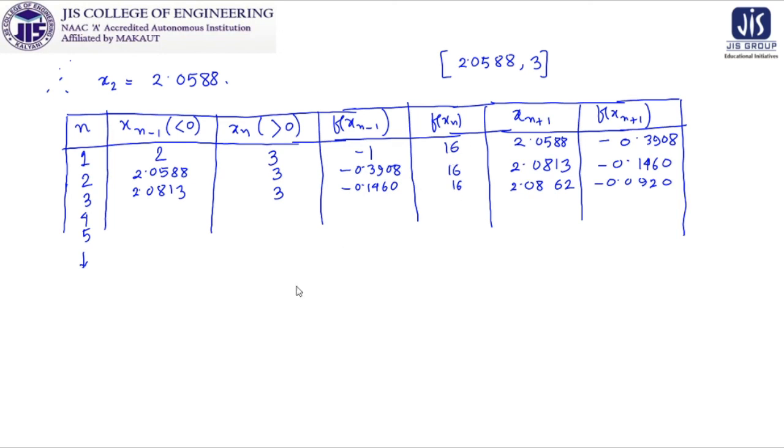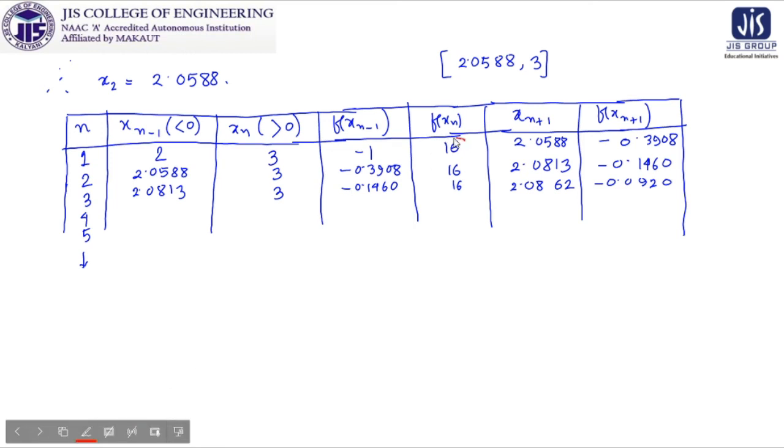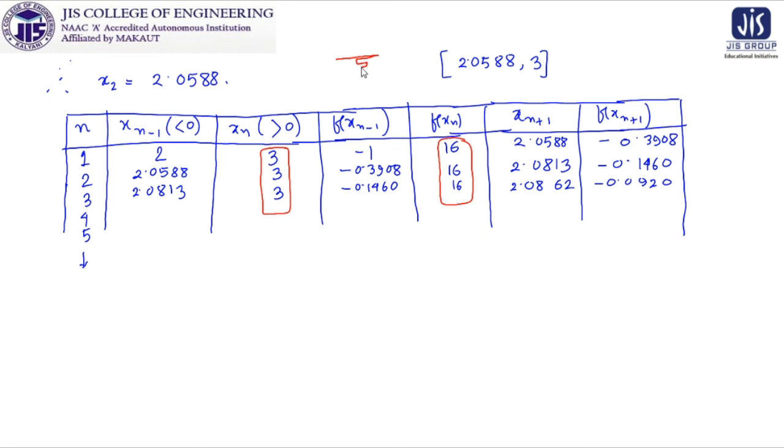Now before going for the fourth, fifth and other steps, I just want to say one thing, that you must have an observation at this particular point, that once it is 16, it remains as 16. That means once we are getting it as 3, we are getting this as 3. So there is no such hop, skip and jump process like this, because it is in your bisection method.